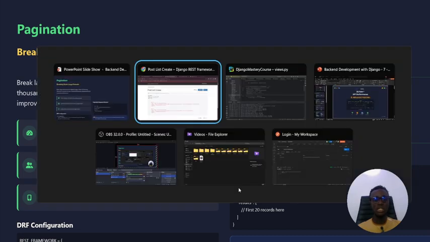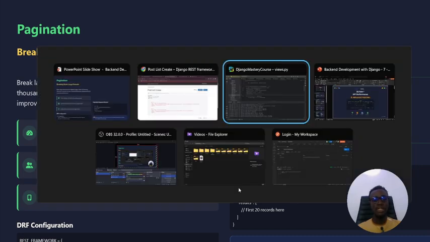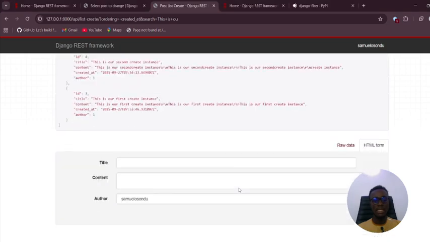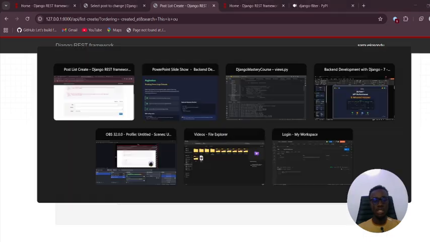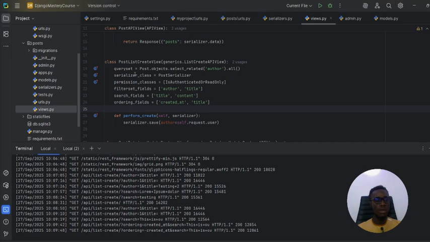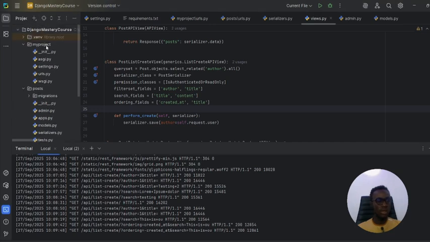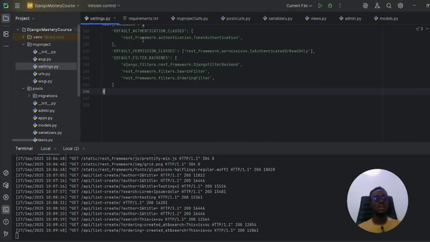So with pagination, we're going to get our posts listed in reasonable chunks. So let's set up our pagination. Like I told you, some of these settings are very basic in Django. So how do I do that? Just have to add